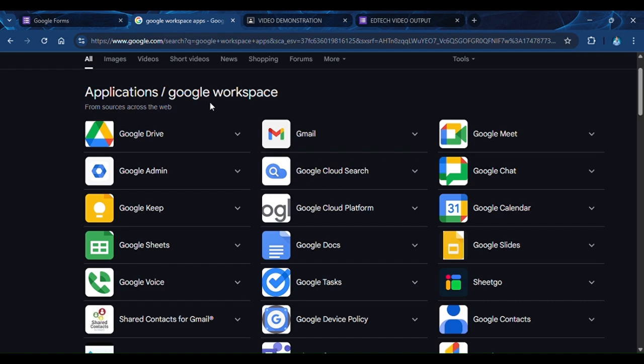It includes Gmail for email communication, Google Drive for storing and sharing files, Google Docs, Sheets and Slides for creating documents, spreadsheets, and presentations, Google Meet for virtual classes or meetings, Google Classroom for managing classwork and student submission, and today's focus, Google Forms, a tool used to create quizzes, surveys, and data collection forms. All of these tools work together to create a more interactive, organized, and efficient learning environment.